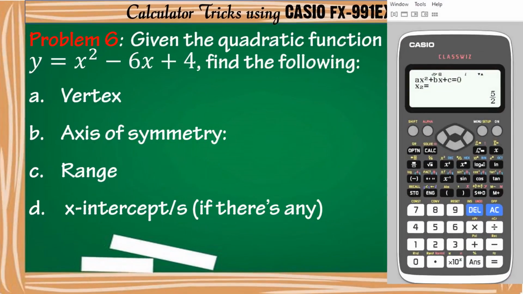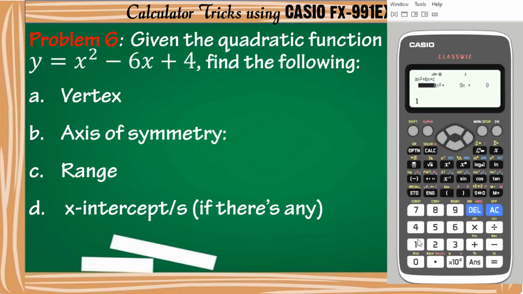Let's move on to problem number 6. Given the quadratic function y is equal to x squared minus 6x plus 4, find the following: vertex, axis of symmetry, range, and x-intercepts if there's any. So sa quadratic pa rin tayo, same menu, we just clear this out and then i-enter po natin yung numerical coefficients. So we have